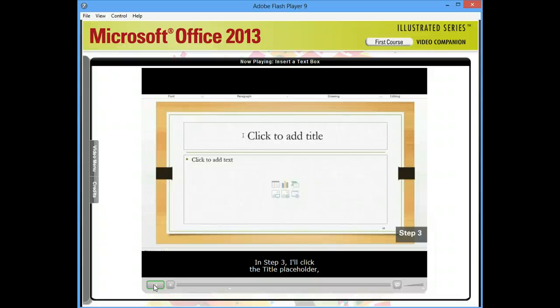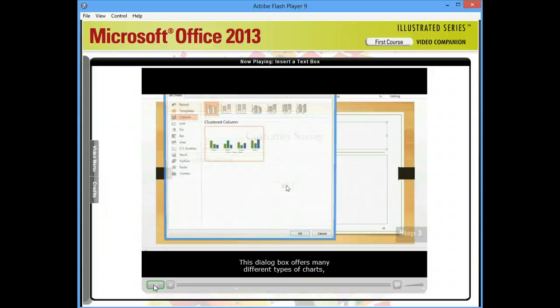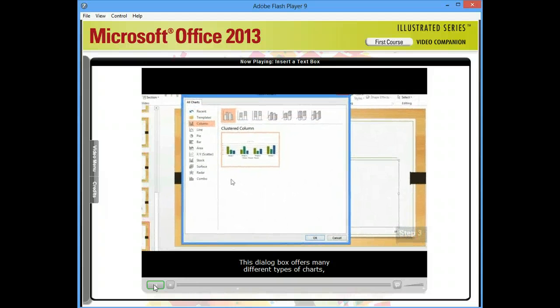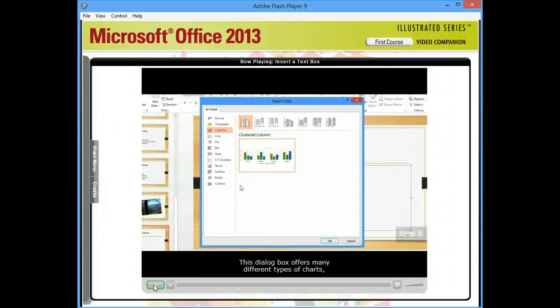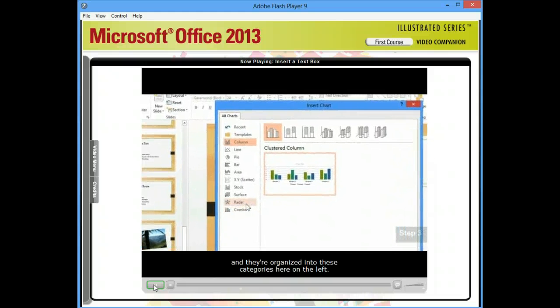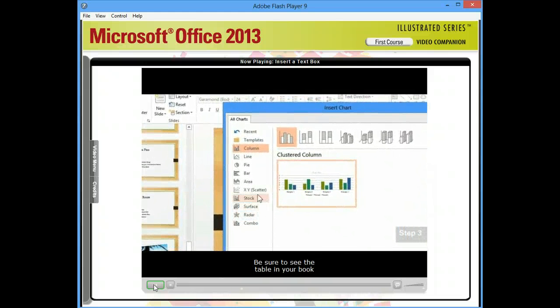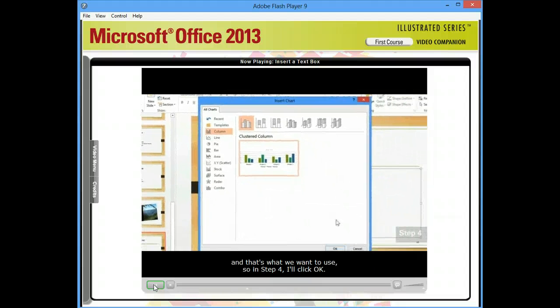In Step 3, I'll click the title placeholder, and I'll type Customer Survey. Then down here, I'll click the Insert Chart icon. This dialog box offers many different types of charts, and they're organized into these categories here on the left. Be sure to see the table in your book that explains these chart types. The clustered column chart is the default chart type, and that's what we want to use, so in Step 4,